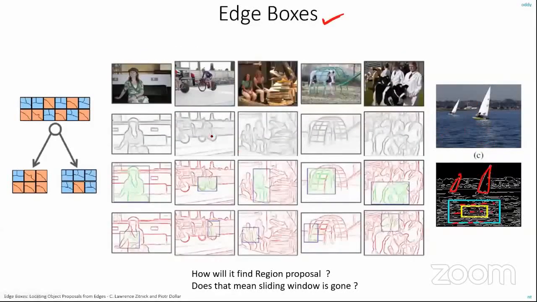So let's take an example. Let's see this lady. Now, what are contour boxes? Contours draw the lines around your boundaries. So you can see this lady here. What edge boxes will do is first of all draw a contour map of a given image. So you can see these are the contour maps. This one, this one, this one, this one. These are just like boundaries of the provided images.